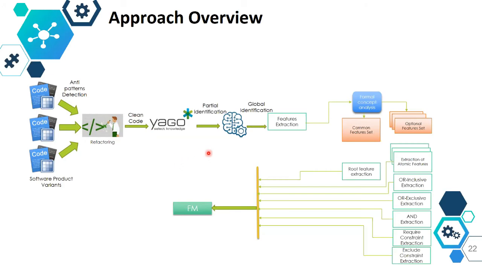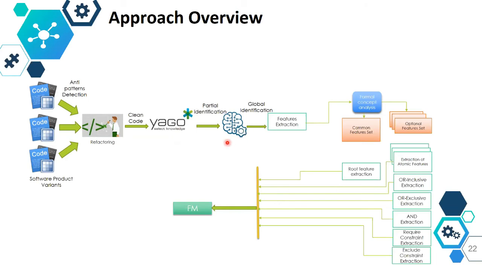After that, we will try to identify the different features. The main work is to identify the common features and the variable features, and to build the feature model in the end. To do this, we are opting to use the Yago. This Yago is an ontology formed by a lot of knowledge from many sources, allowing us to obtain the relationship between the concepts and so on. We will use the Yago using some queries for this ontology to make some partial identification. We can increase the quality of the identification using some